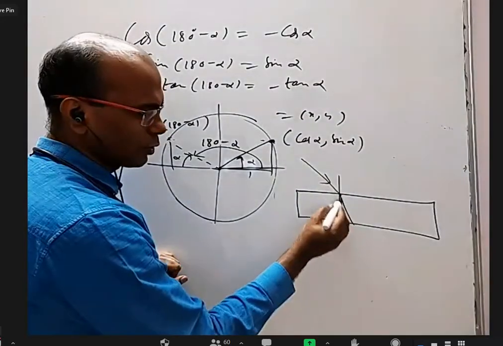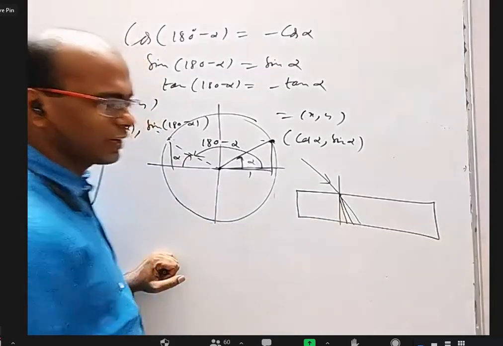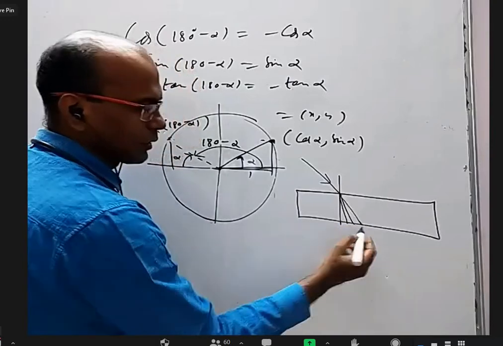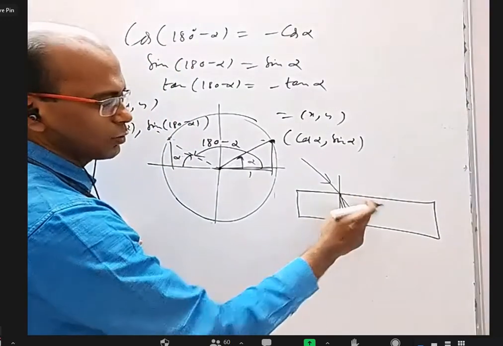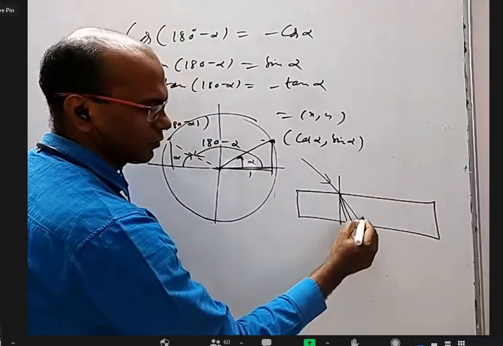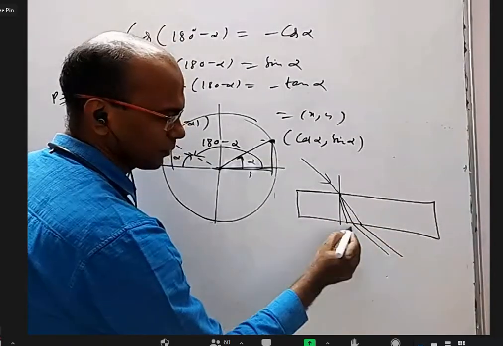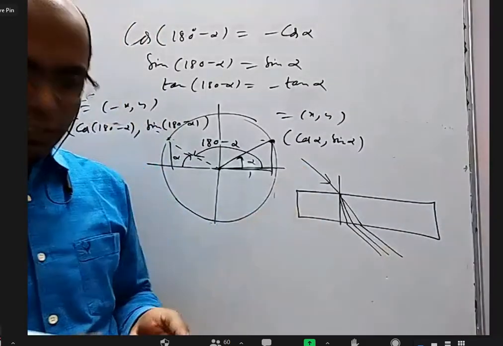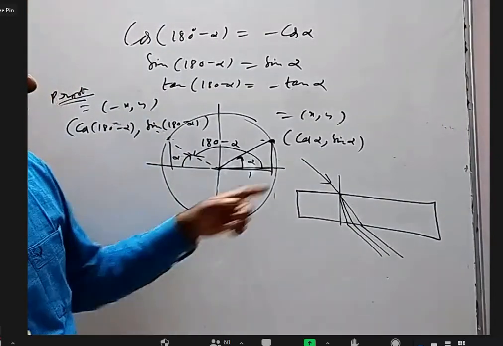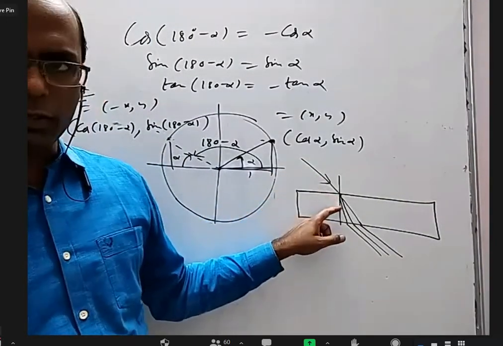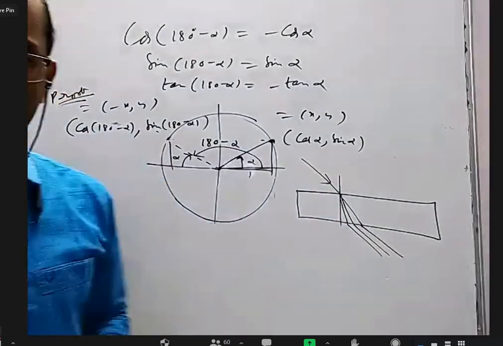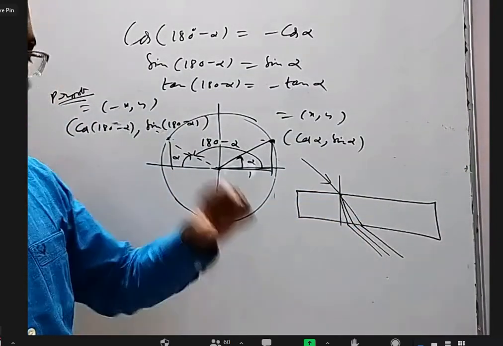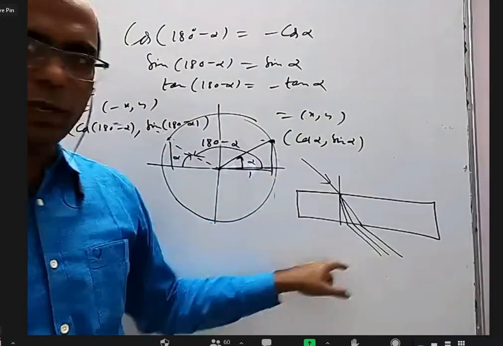Then I think all of you know different colors will be refracted by different angles, right? So dispersion. Yes, sir. Now, this is going from rarer to denser. Again, it will go from denser to rarer. So again, with respect to the normal, the angle will change and it will be like this. It bends away from the normal. Do you know all these are parallel to this initial ray? Yes, sir. So whatever is i here, same r, and same r here, so same i. Correct? So you can see all the colors are parallel like this. If you take a glass slab and send a light ray, you should be able to see the 7 colors.